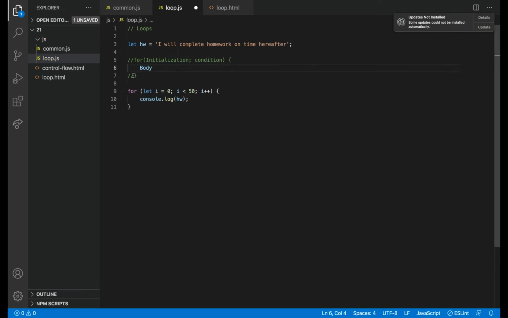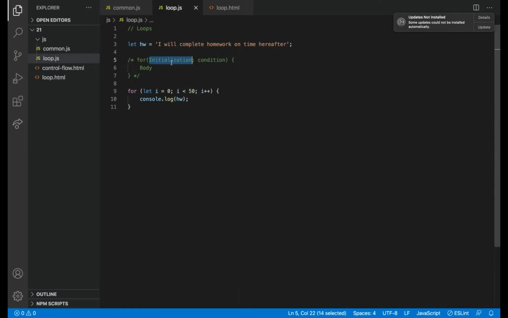Wait, I just want to say one more thing. This is a multiple-line comment. If you have more than 2 lines, or 4 lines, or 100 lines that you want to comment, you can add /* in front of the lines, and at the end you add */. So it will get commented.